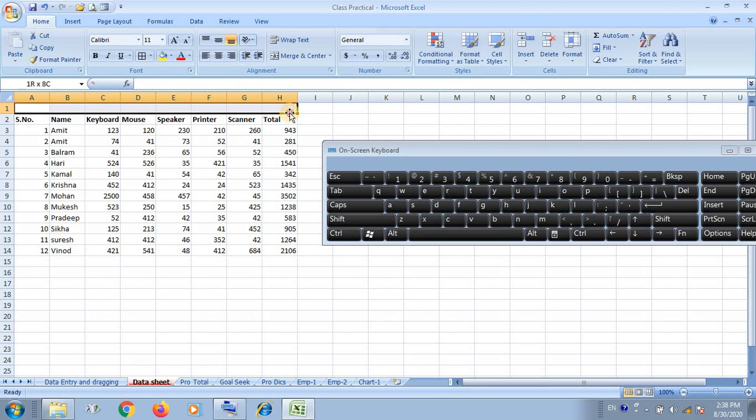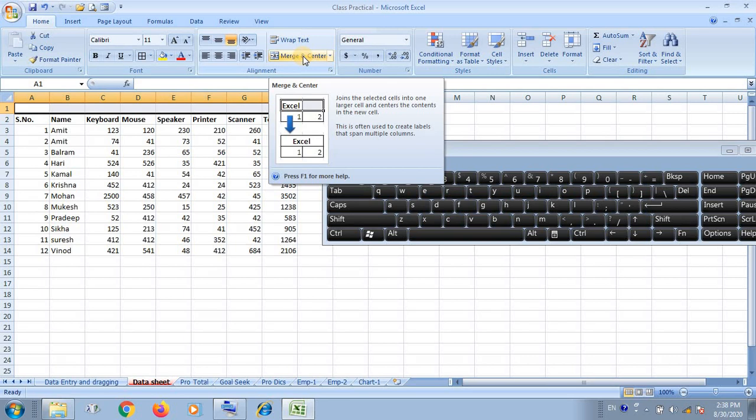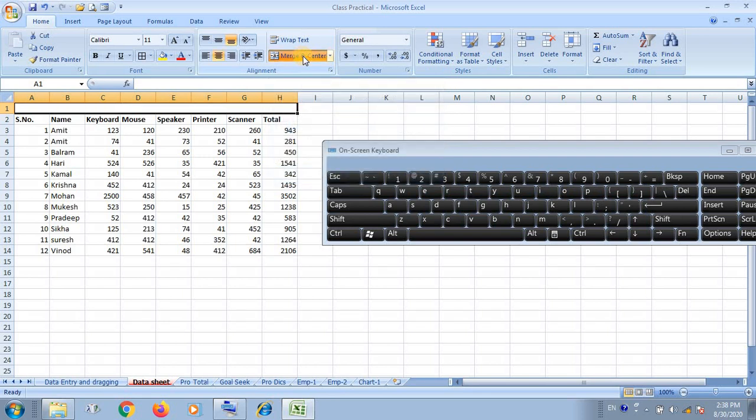Okay, now this is the cell address. One more row is here. I have to merge that particular cell address to add the heading. For the top heading, we have to click on the merge and center option. I have given here one title. Suppose I have given here one title, APS.